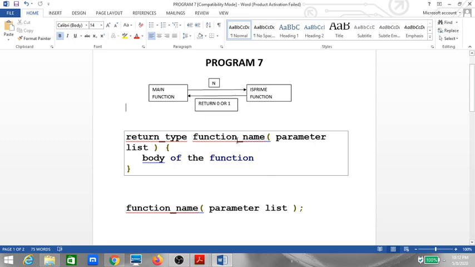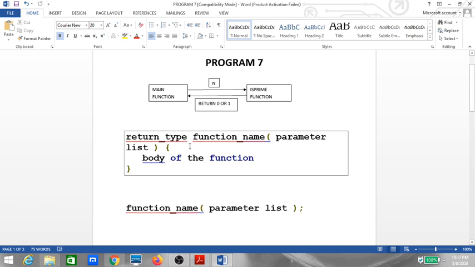First let us see the syntax of the function. Every function definition will have a return type, that is the type of data it is going to send back to the calling function. In this case, there are two functions, the main function and the isPrime function. The main function becomes the calling function and the isPrime function becomes the called function. The value that the called function gives back to the calling function is known as the return type.